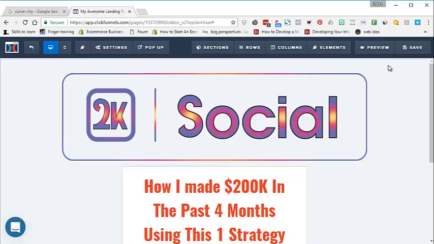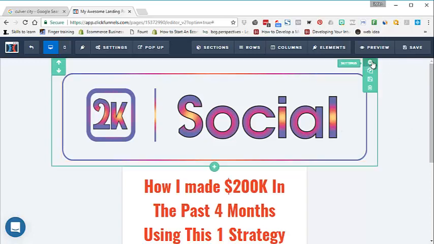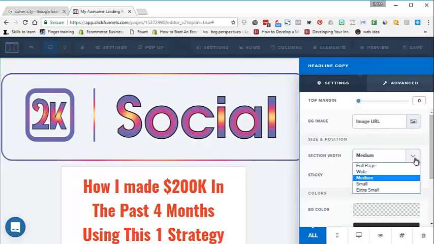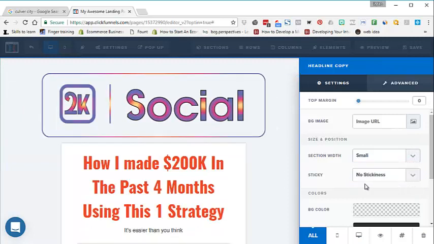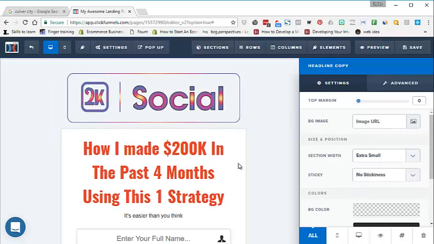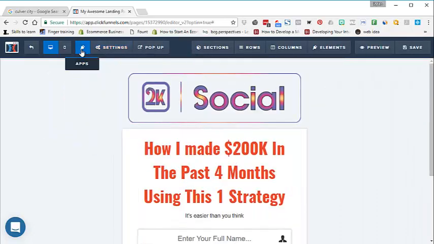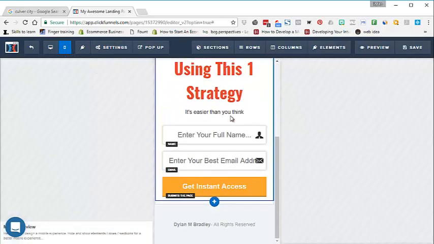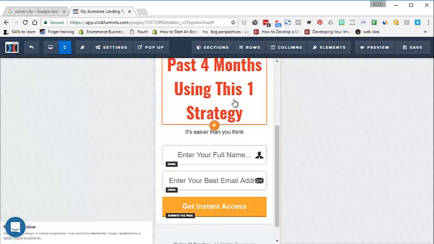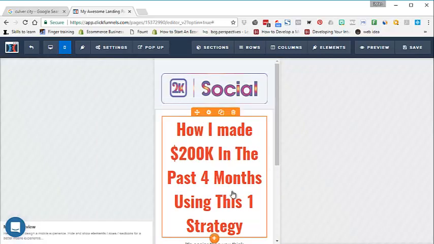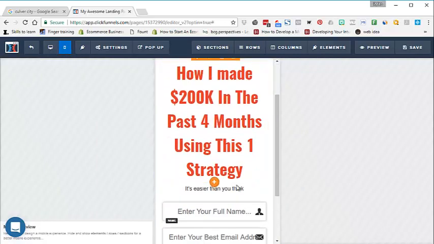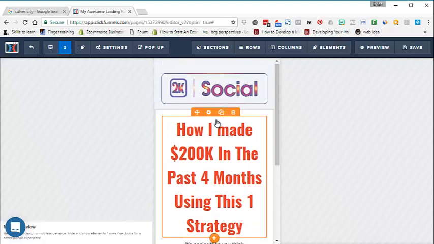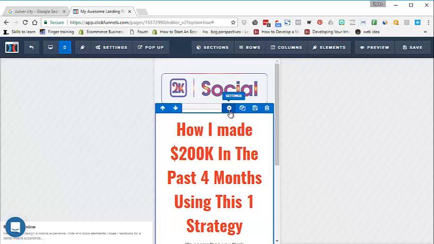So this looks weird. What I'm going to do here is I want this to be small, and I can actually make it extra small. There we go. Now it's within that. Now let's make sure that translates over well to the phone. Looks good on the phone, right? And one thing is we want this to be above the fold. So if we remember what was going on the phone,